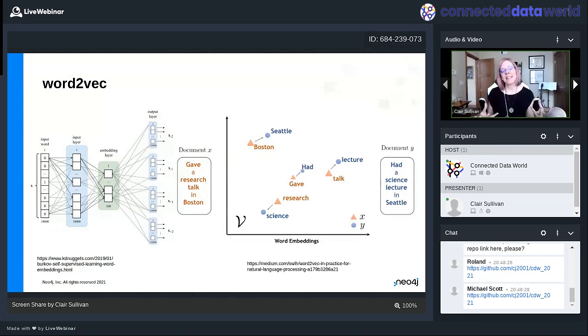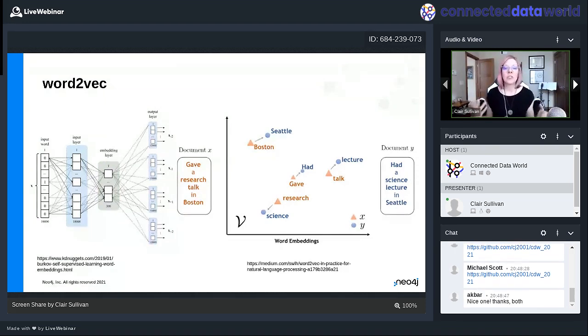So here's a little sentence that we did that with. "Gave a research talk in Boston." Okay, cool. So removing the stop words, it's kind of hard to see that some of those words are bold-faced and some are not. Now, that's one sentence. I'm going to compare it to the sentence all the way on the far right, "Had a science lecture in Seattle." Okay, so now what we're going to do is we're going to use word2vec to create vectors, and then I can plot that out in a two-dimensional space through some sort of dimensionality reduction.